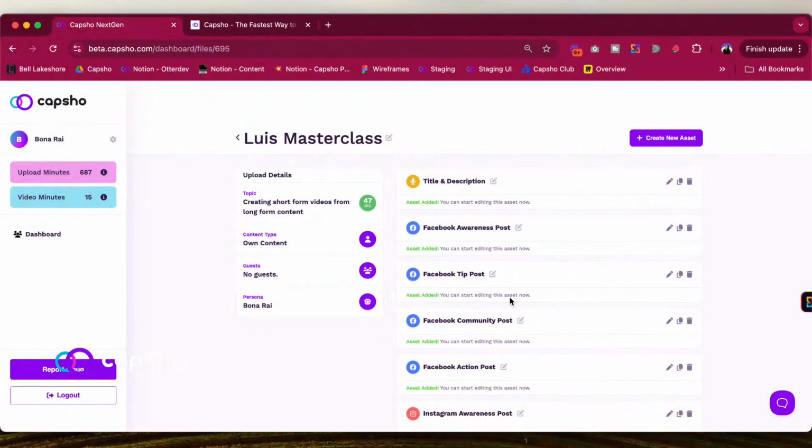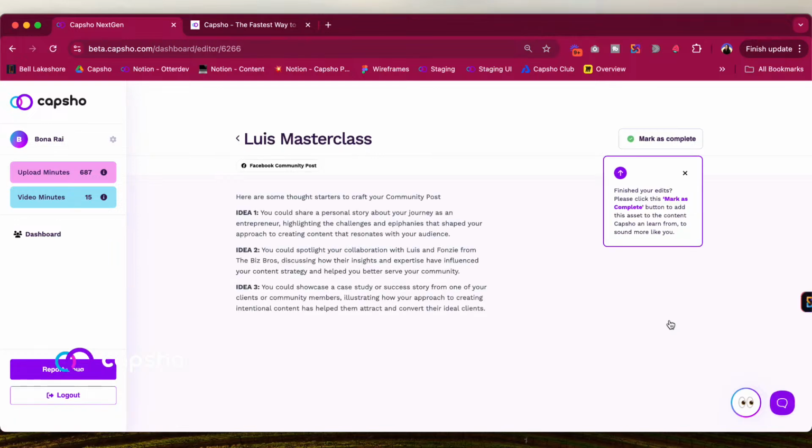That's not to say that awareness and tip posts and action posts aren't meaningful. They obviously play their role, but just by nature of the post, the community post is where our Capshovians definitely get the most engagement. So what you'll see Capsho does for you is it's actually going to create, like I said, some thought starters, some ideas. So for this particular one, it's saying maybe you could share a personal journey